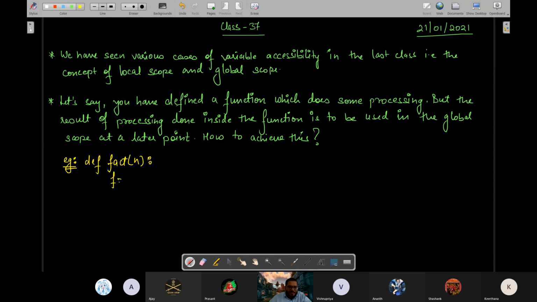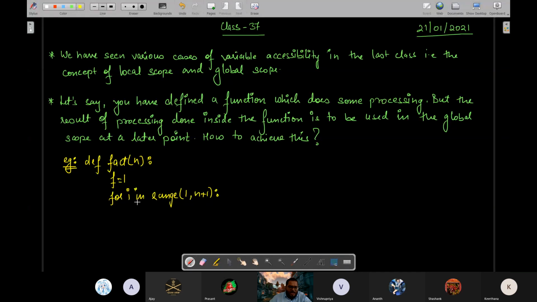So how will you do it? f is equal to 1, for i in range 1 to n plus 1, because factorial is a product of all the numbers from 1 to n.